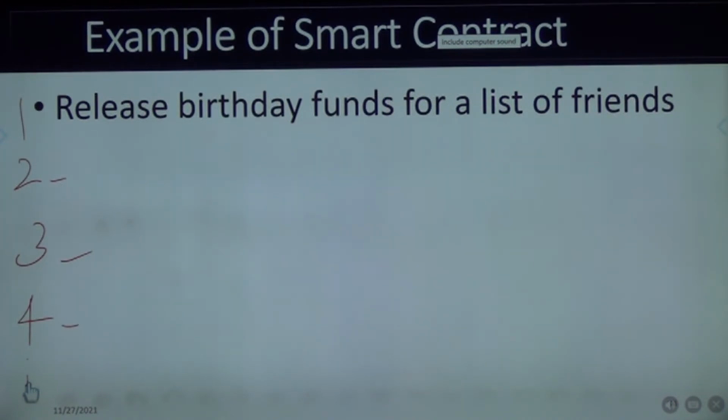Because a smart contract, though its name says contract, is just a piece of code that if a condition is validated, you make the transaction. There may be a transaction which involves money, or maybe a transcript. If it checks that yes, you have passed all 8 semesters, right away it issues you a digital transcript. You don't have to wait. A self-executing contract will automatically issue a transcript once you have completed all the requirements of graduate studies.